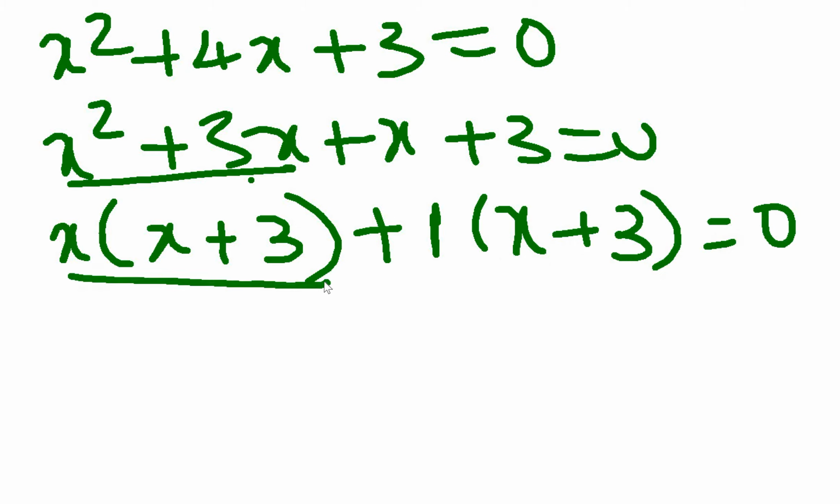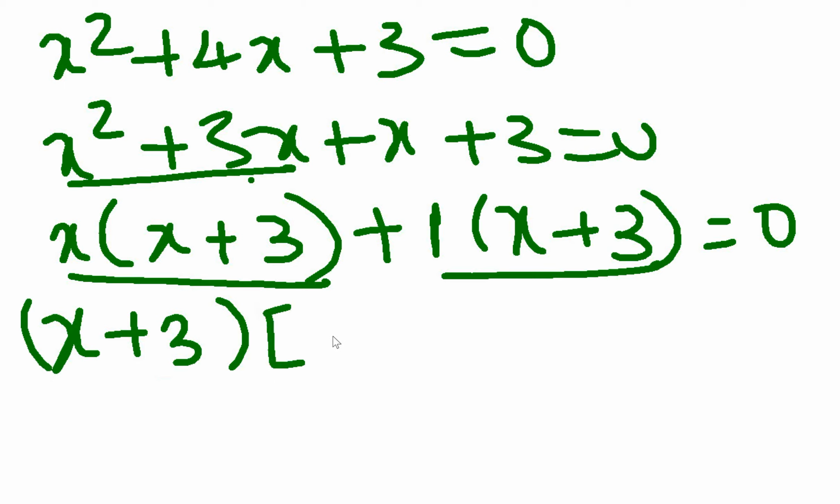Here, what is common between the first term and the next term, which is x into x plus 3 and 1 into x plus 3? Here I have x plus 3 common. So if I take x plus 3 out, I will have x plus 1 inside the bracket